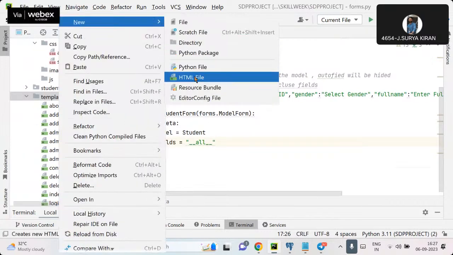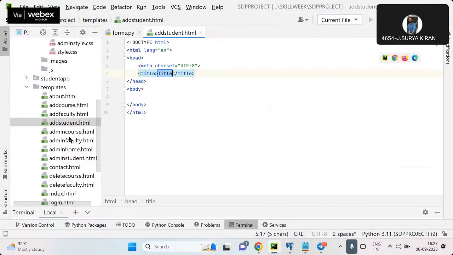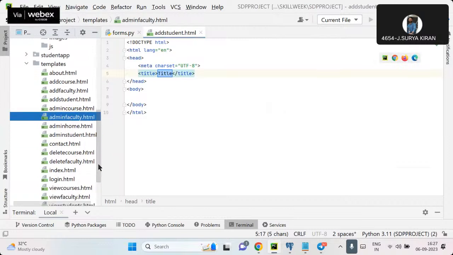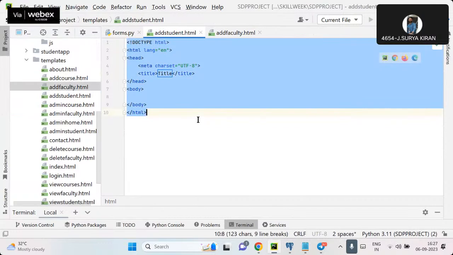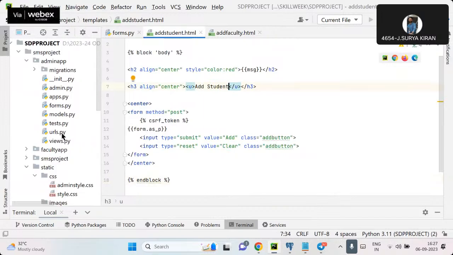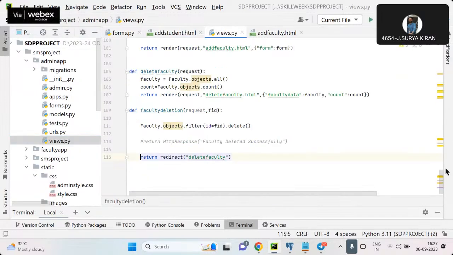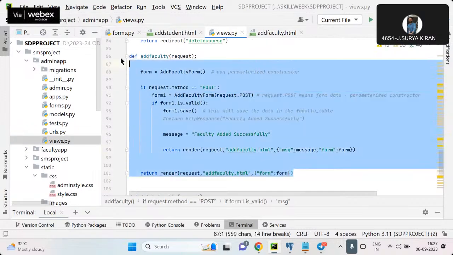And let me create a new template. Go to new and HTML file, add student. Whatever the code we have in the add faculty, I can directly copy paste here, Control B. This is add student. Now let's go to views.py. Whatever the code we have in the add faculty,